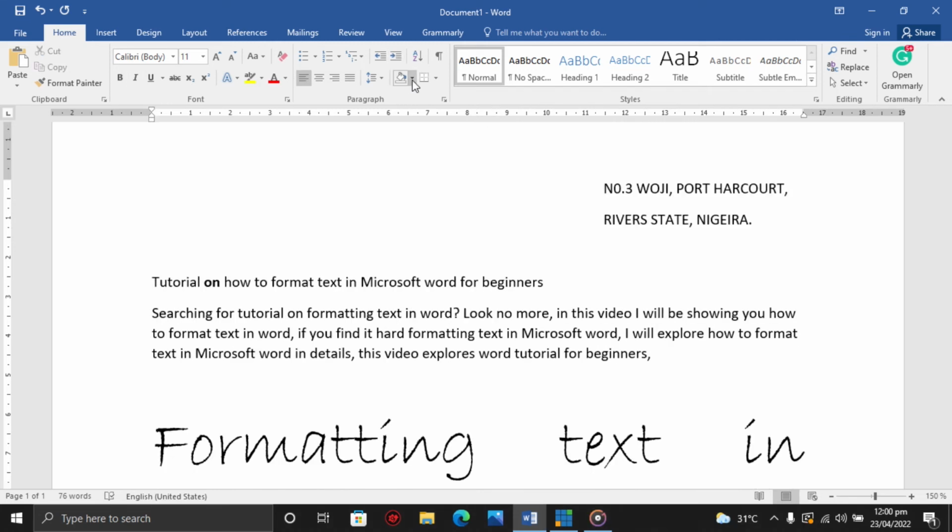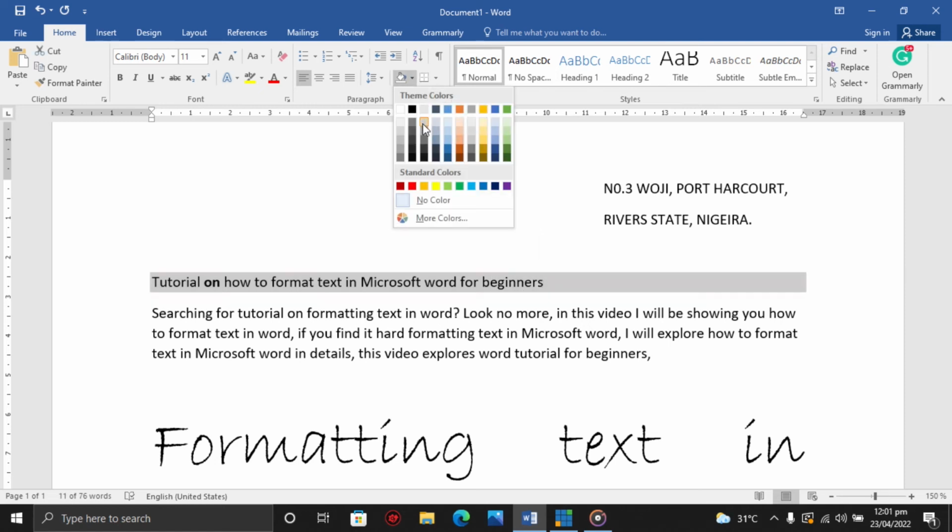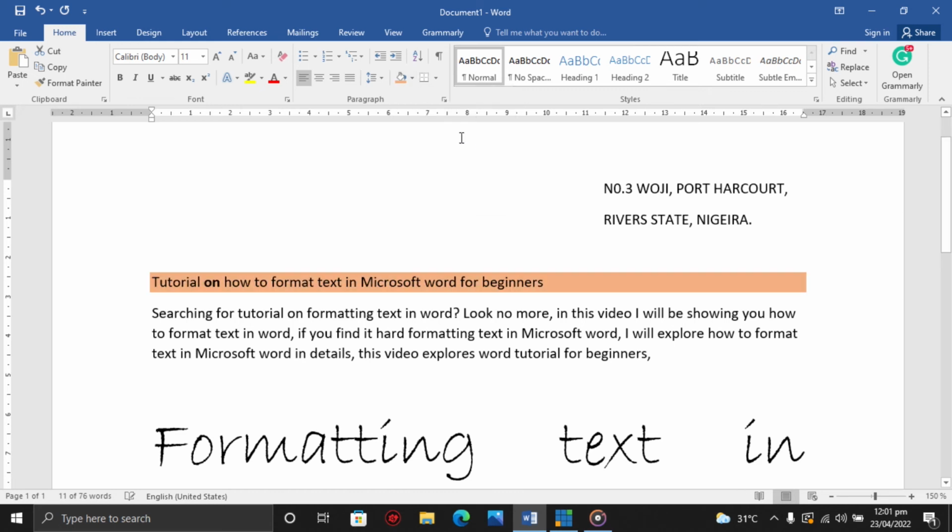Okay, right. So we have here a shading. Shading actually highlights the page or the line of paragraph you have and gives it a color. I can just highlight this line here and go to shading, select a color, and it shades the entire paragraph where I have this tutorial on how to format text in Microsoft Word for beginners.